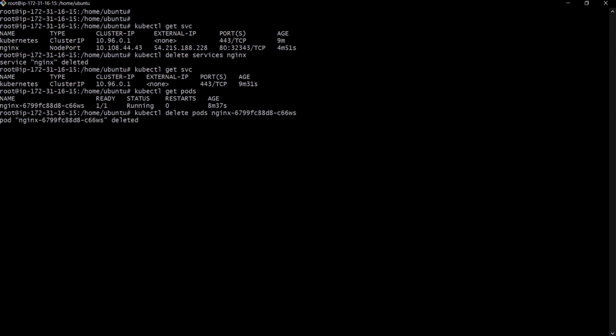Once we execute this command, it will delete the pod. Now if you want to delete the deployment, we have the command kubectl delete deployment and the name of the deployment. Our deployment name is nginx. We can see here the deployment nginx is deleted.